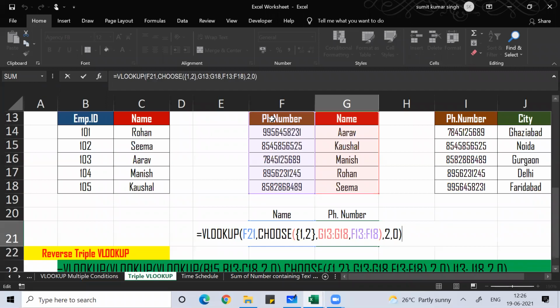This is how we do reverse VLOOKUP. See this, everyone. Ask me if you have any doubt.